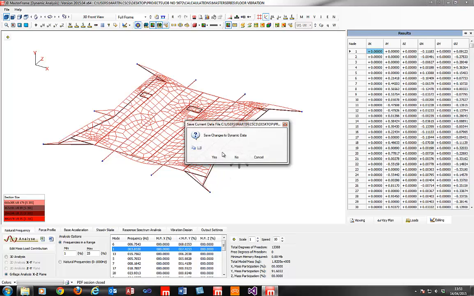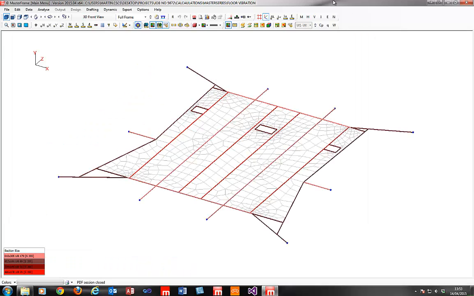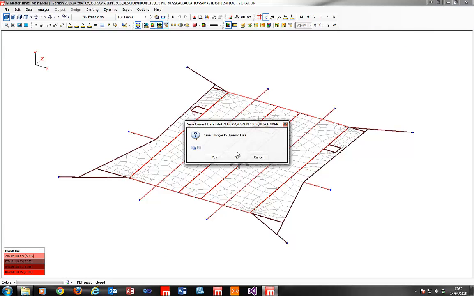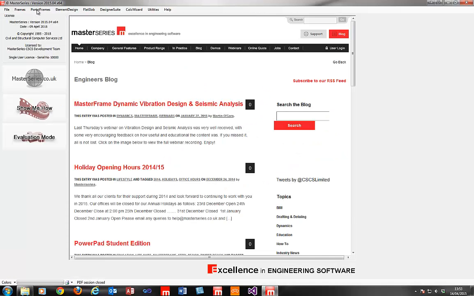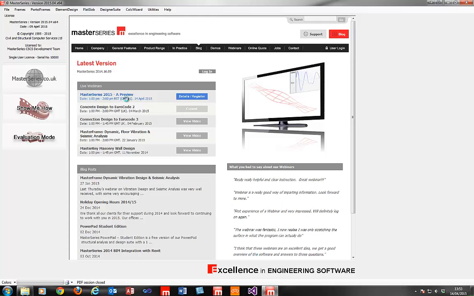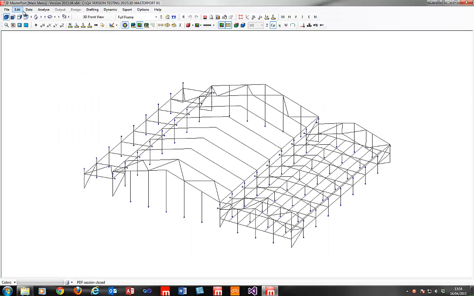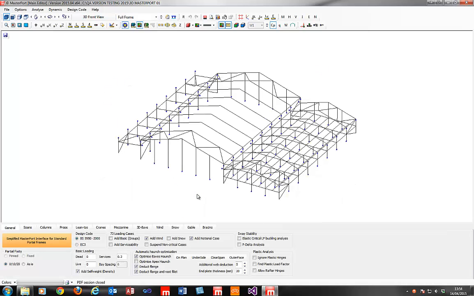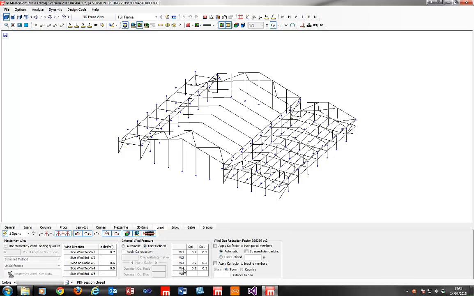Okay, so taking a slight side step away from MasterFrame, I'm going to look at MasterPort and have a look at some of the new facilities there. Okay, this should do. So going into our MasterPort Plus editing environment, previously we had wind and snow in one tab. Those have been separated out here now because we've got lots of extra options available with regard to how wind pressures are calculated. First of all, we